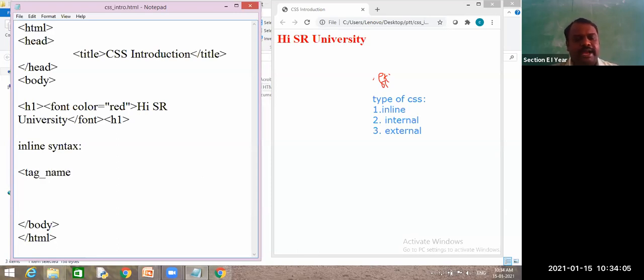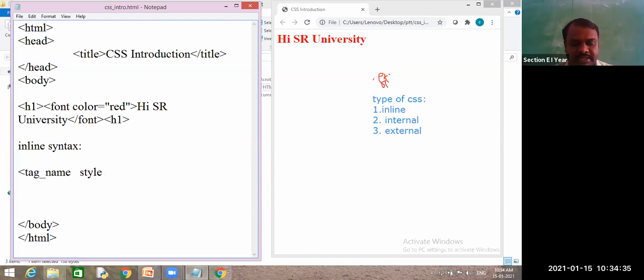Tag name. And if you want to write CSS, every HTML tag has one common attribute, that is style. I did not tell you about this style attribute while you were learning HTML, because you won't use it in HTML, but if you want to learn CSS, the style attribute is mandatory.